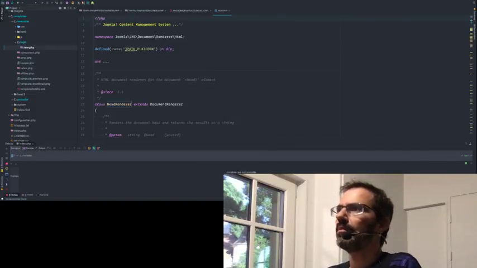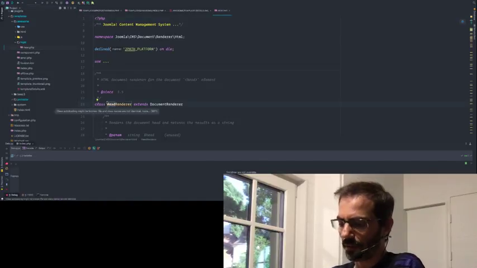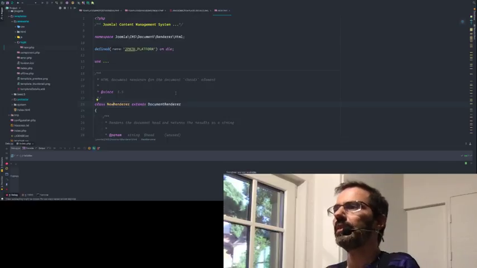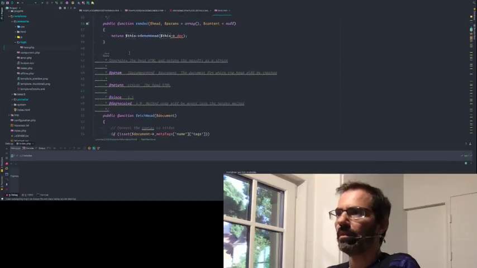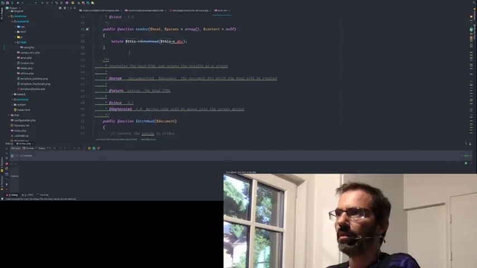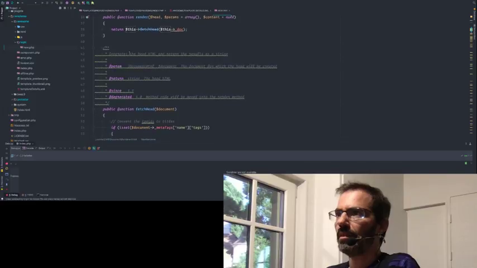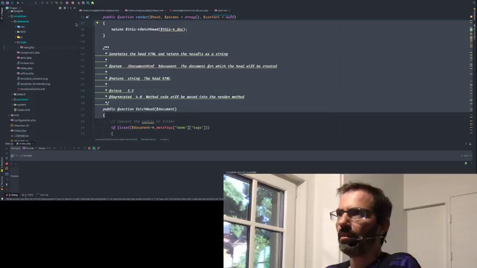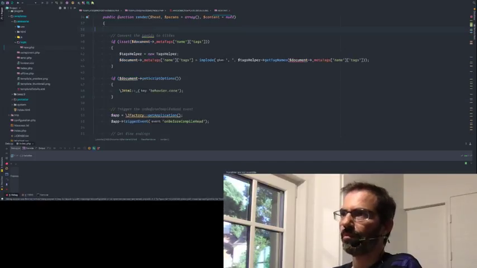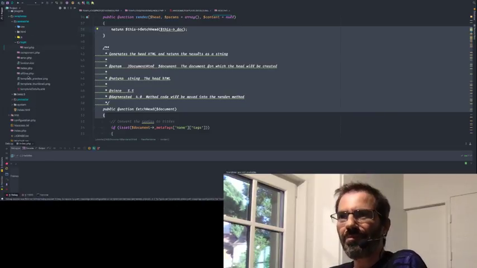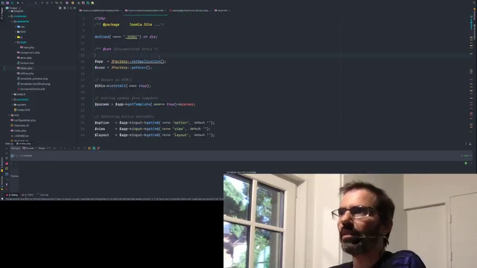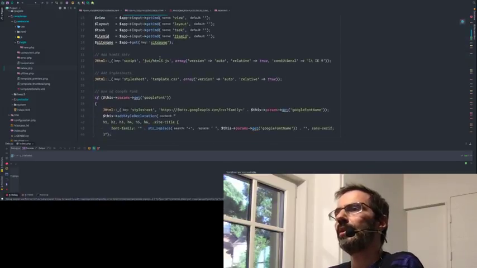Right, and let's call this new renderer. Why not? Okay, step by step. So I did this, and then I'm gonna do